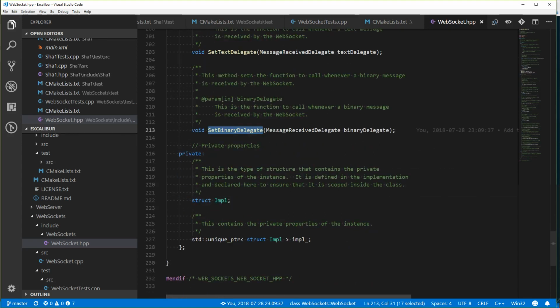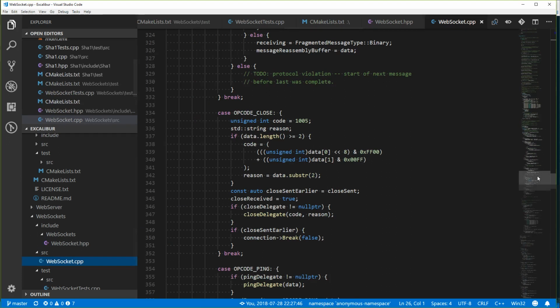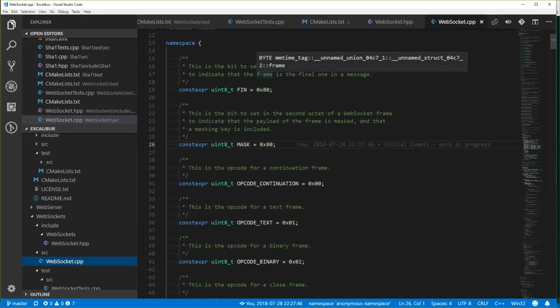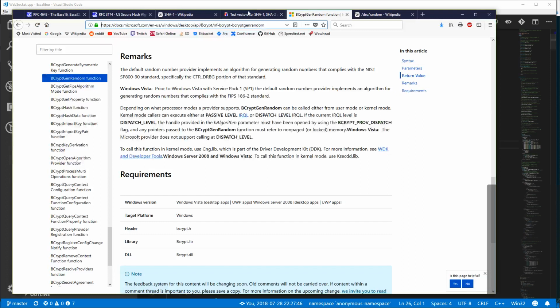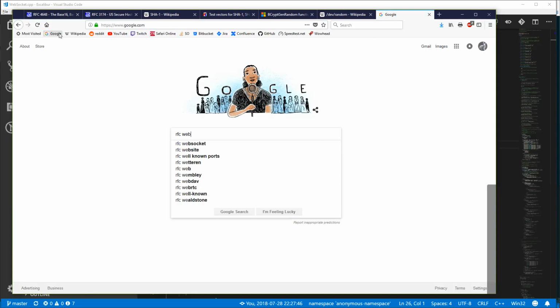And then I'm using the pimpl pattern, pointer to implementation, to hide the actual private properties of the class. But we could peek inside here and look at the implementation. So there are a bunch of constants that are used to, let's see, how's the best way to describe this? If I go back to the RFC for WebSocket,